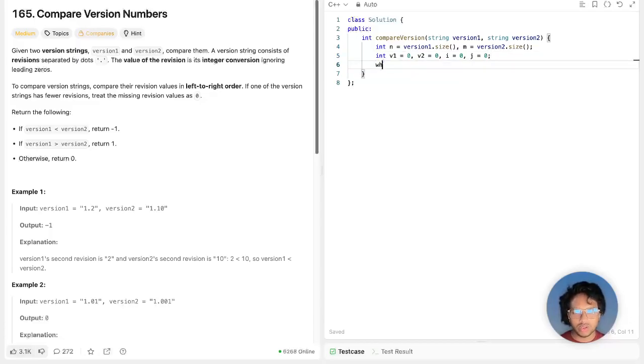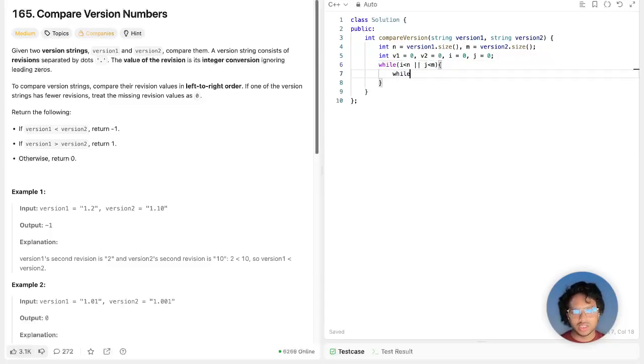Okay, while i is less than n or j is less than m, you have to get the value v1, so i is less than n, my bad, and version1[i] is not equal to dot,